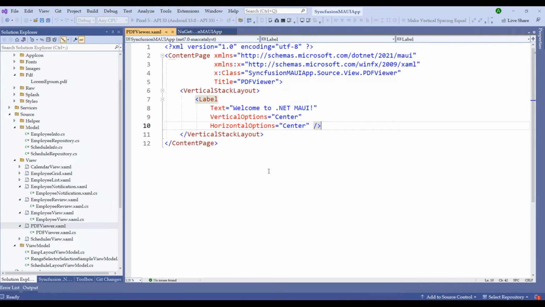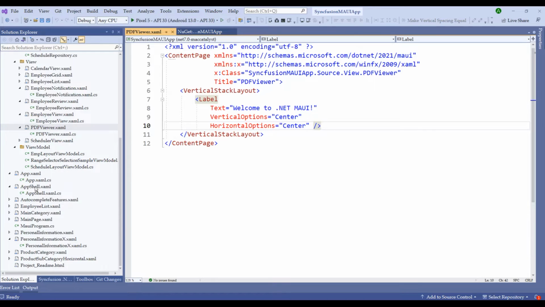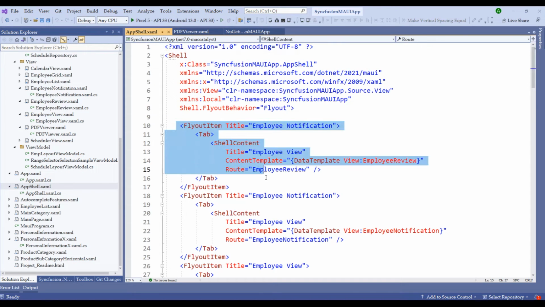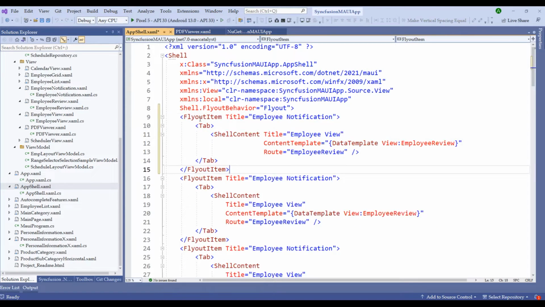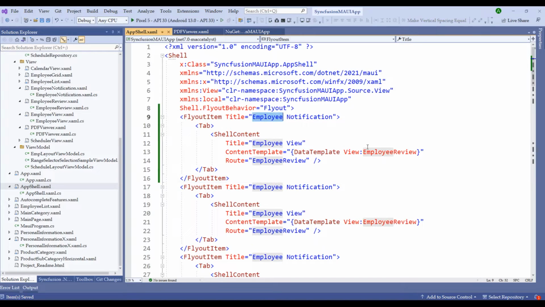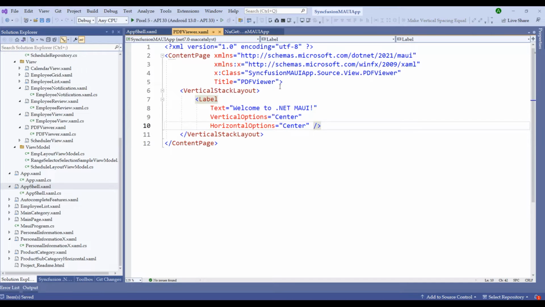And once we run the application, we should see this new page. Now before doing that, let me go to AppShell.xaml, copy this flyout item which we have been doing from the previous sessions, and change this to PDF Viewer and choose the data template as PDF Viewer. Let me change the route as well, copy this PDF Viewer and paste it, switch back to the PDFViewer.xaml